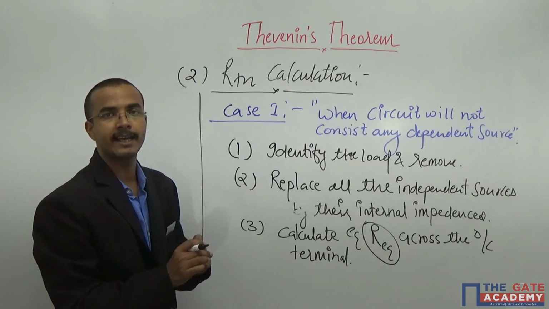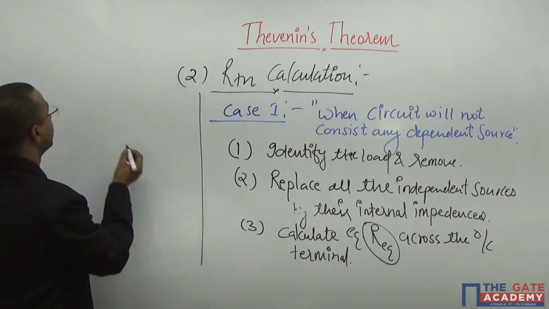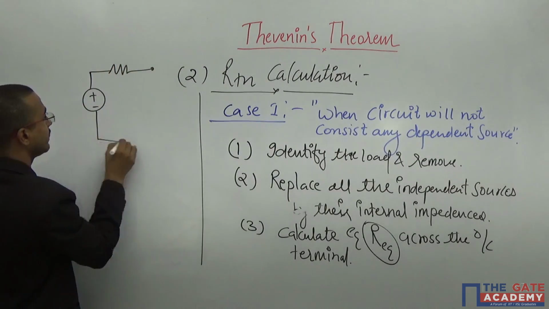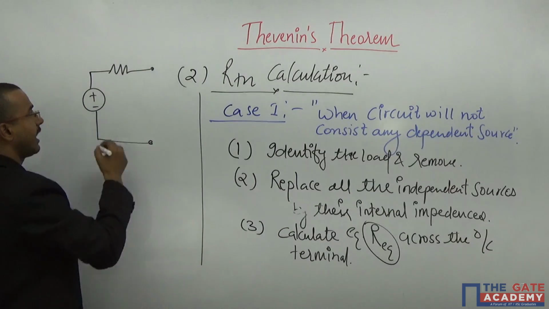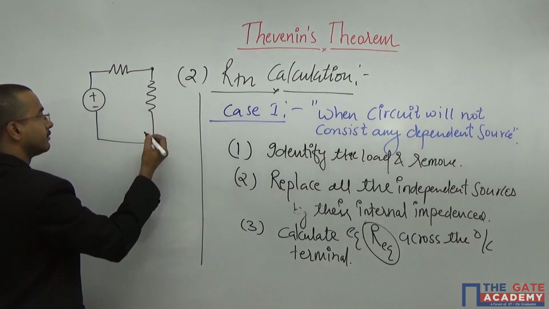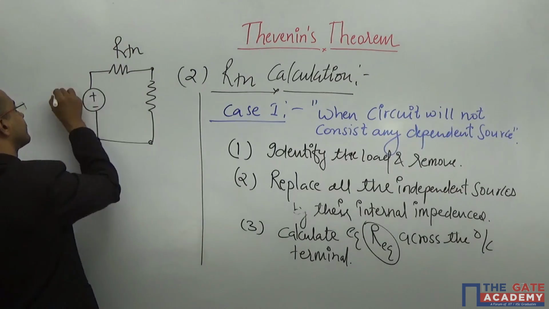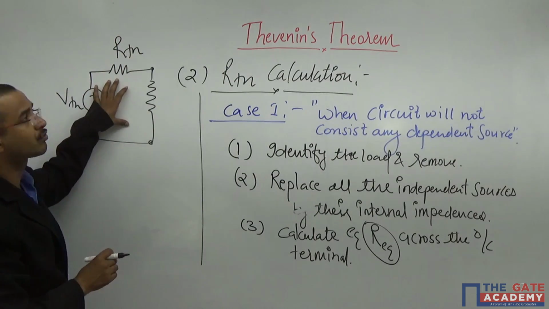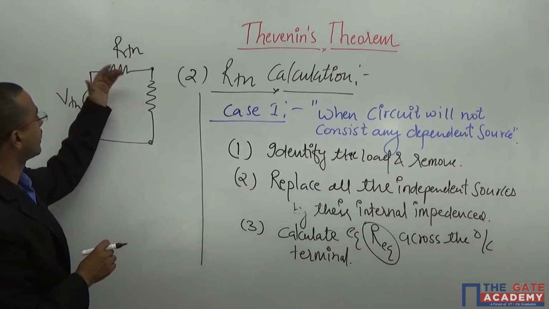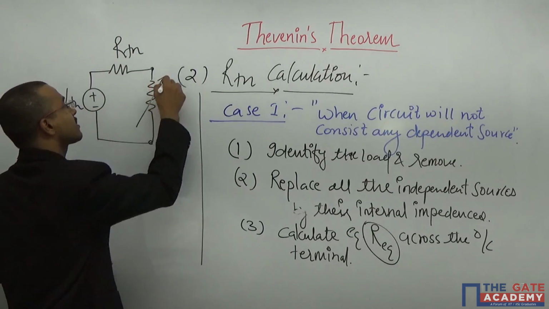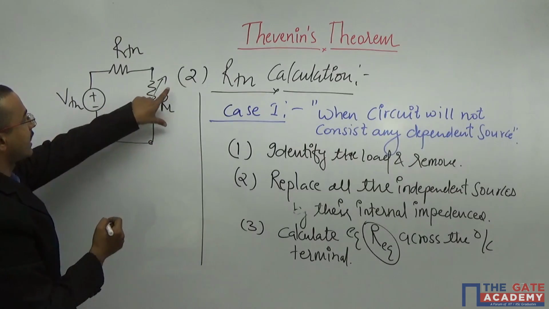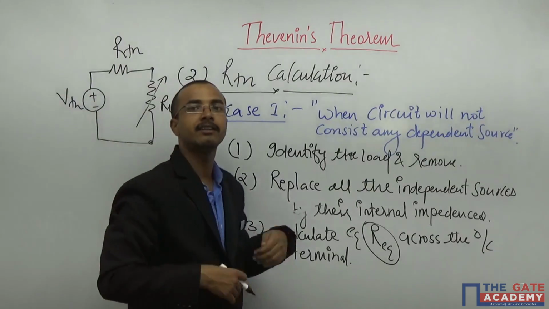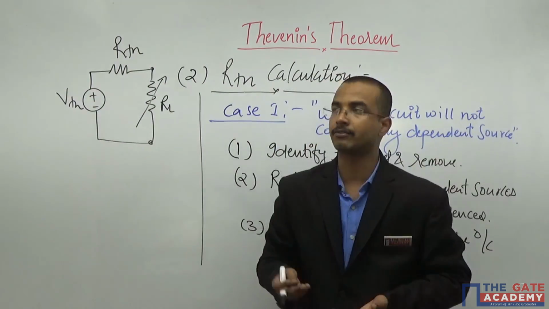As you get the VTH and RTH in your circuit, you will replace the entire circuit with this. At the last, again you will add your load. This is your RTH and this is your VTH. Now this circuit becomes very easy to solve, a very small circuit. You do not need any extraordinary brain to calculate the voltage or current across this load. Here your load can be anything, because the load is in your hand. You have the freedom to change the value of the load.